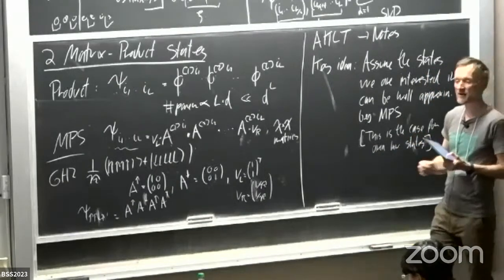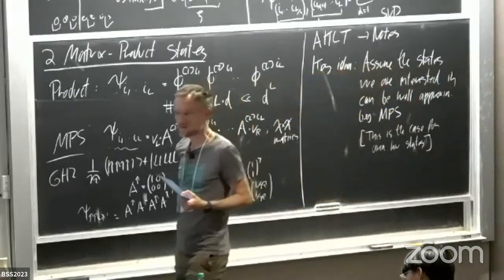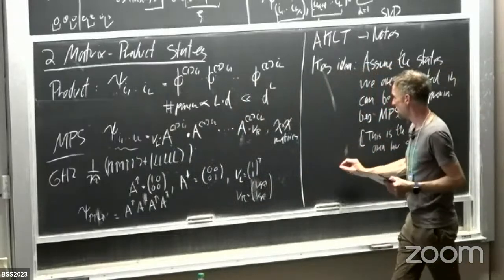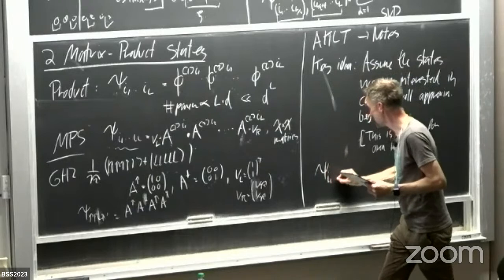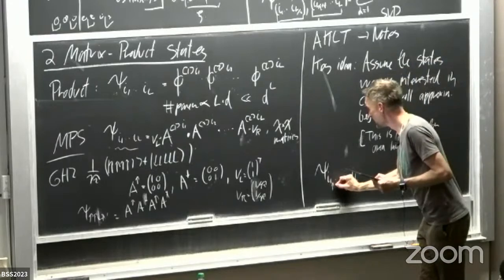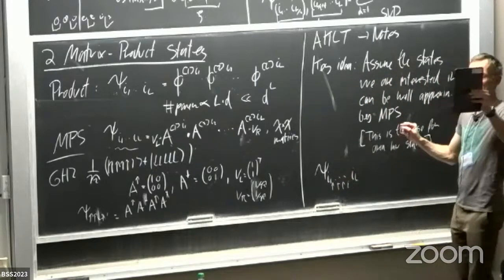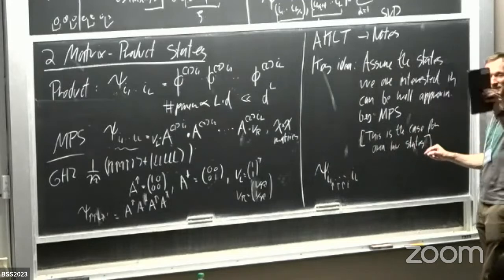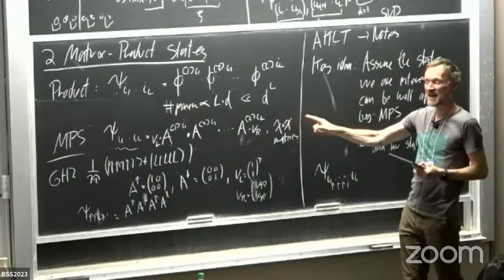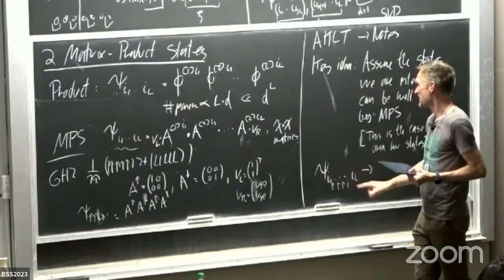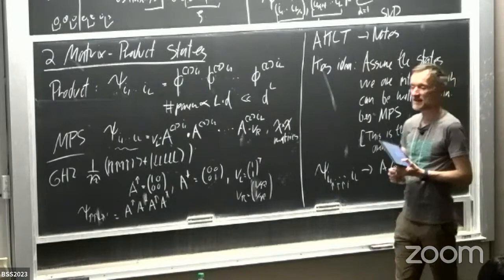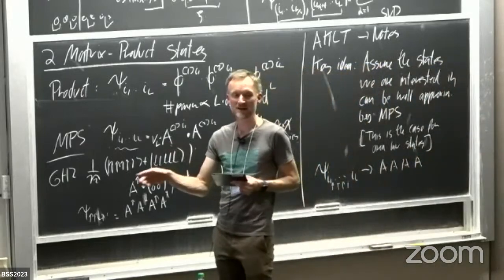And I leave this maybe now as an exercise, but you can show quite easily that if you start now from a generic many-body wave function, or the amplitudes in a generic many-body wave function, you can successively do the Schmidt decomposition starting from the left to the right, and always just represent the state in terms of the basis of the Schmidt states. And by this, you can then sequentially turn the amplitude of a many-body wave function into a product of matrices. And if you look in the links, there's also a Python script which is actually doing this.